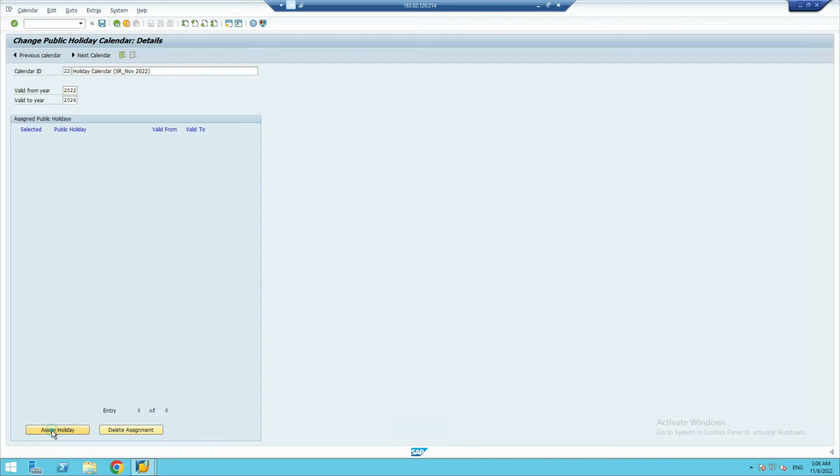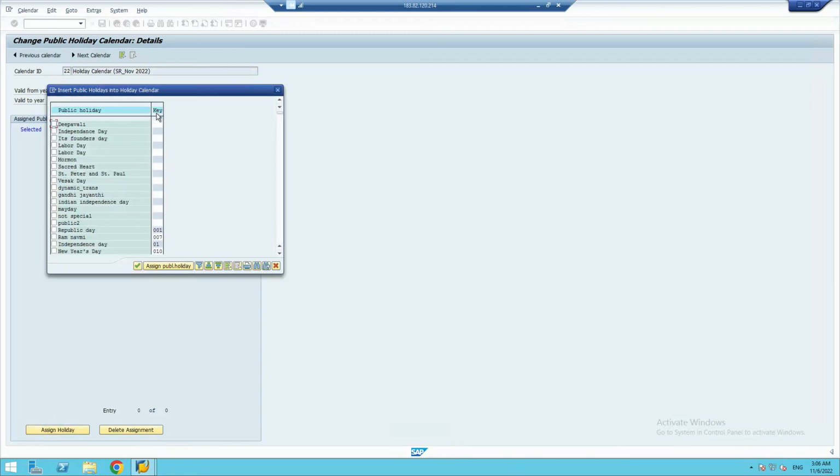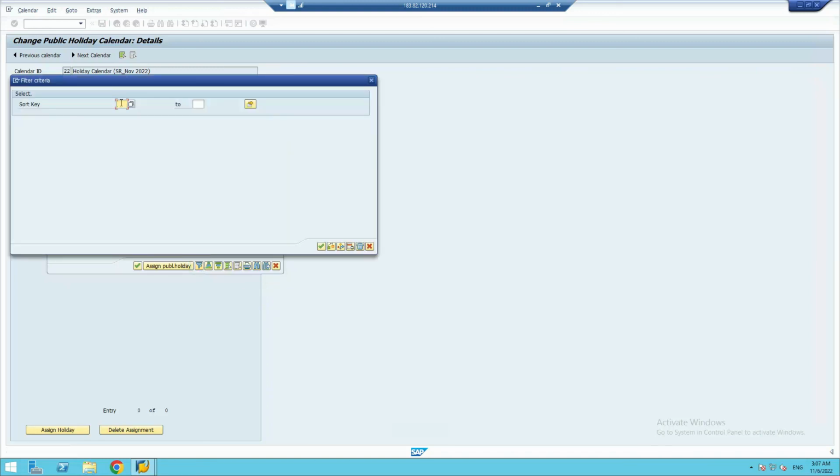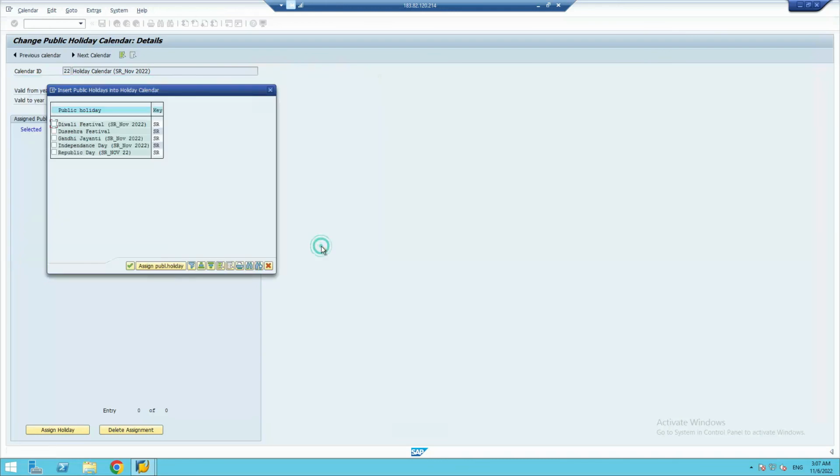Click on assign holiday. Let's click on key. Let's click on set filter. Now click on SR. Click on continue. Yeah, you can see here Diwali festival, the Dussehra. These two are the floating holidays, right? Let's click on continue